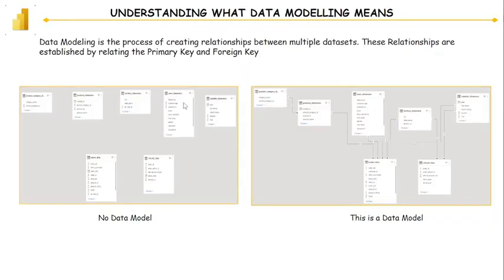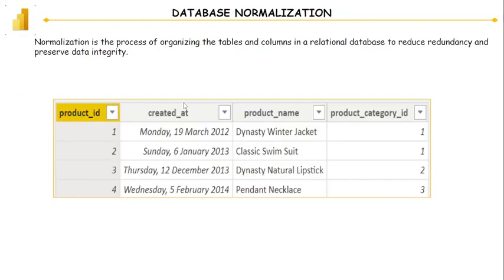data normalization, right? So normalization is the process of organizing the tables and columns in a relational database to reduce redundancy and preserve integrity. Now, guys, all the things we've been doing in class, when I've been trying to remove a dimension table